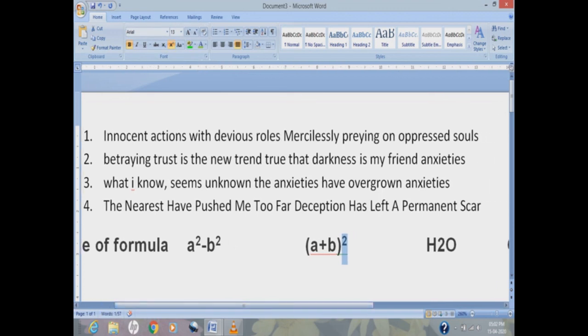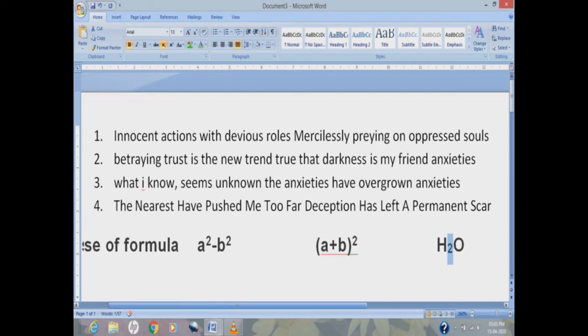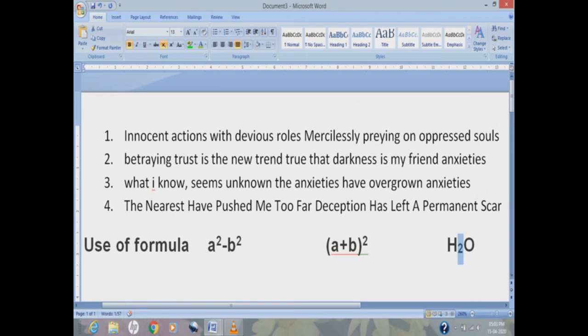It changed to power. Now if I want to write a formula and convert that 2 into the base, just like the formula of water, H2O, I have to select that 2 and click on the subscript option. That's how it changed to the base of H. This is how we change the power and base of numbers using superscript and subscript. So that's all for this video. Thanks for watching.